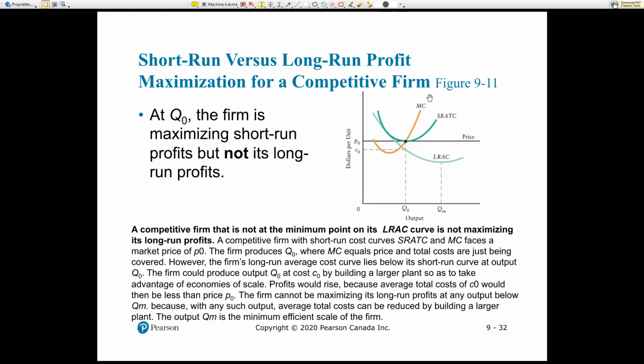So what you have to take away from this is, even though you might be at equilibrium in the short run, you may be at equilibrium this year, it doesn't mean that in 5 years or 10 years the industry will not have changed. Maybe it's possible to have, say, larger firms that make more money, and in that case you would eventually have to adapt or leave the market.